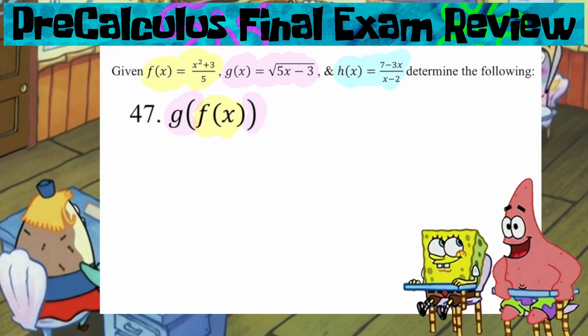This is number 47 on our pre-calc final exam review playlist. In this example, we are finding the g of f of x. In number 46, we just found the f of g of x and we got x. If we get x again, in both directions, then we have proven and confirmed that f and g are inverses